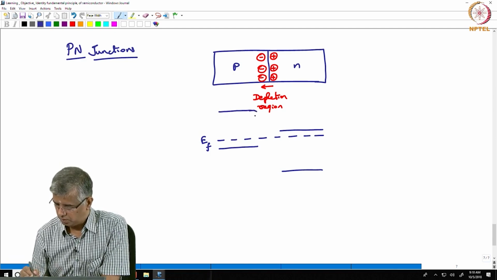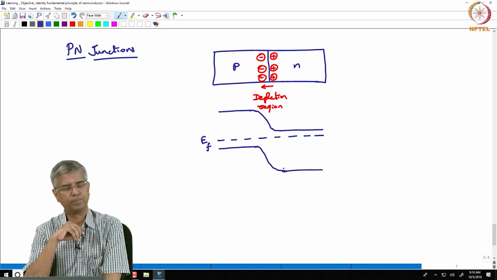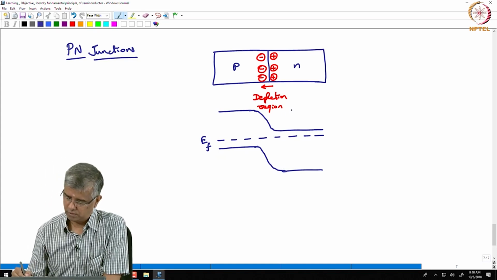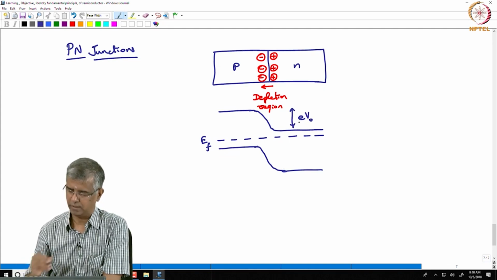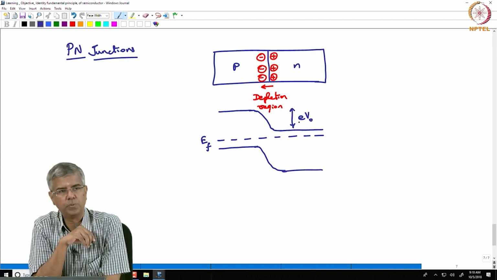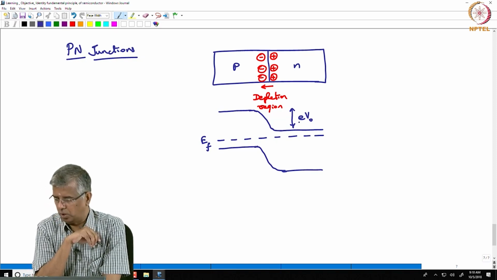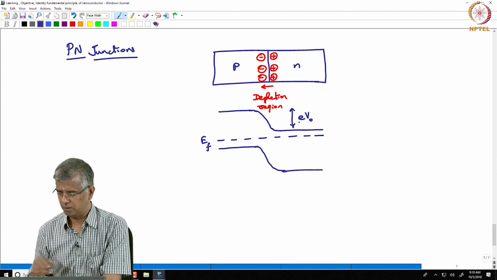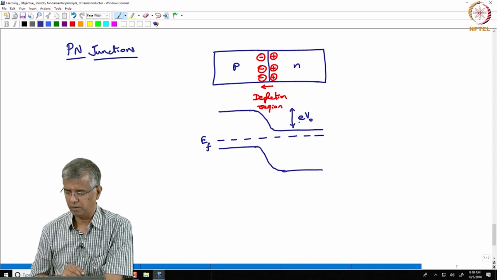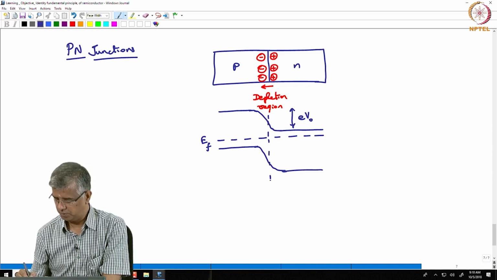So what you have here is a barrier that is created. This barrier here can be represented as the electronic charge multiplied by a certain voltage V naught. Okay. So of course you can also look at the distribution of the electric field across this junction, and to do that,